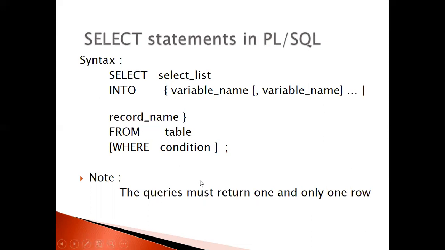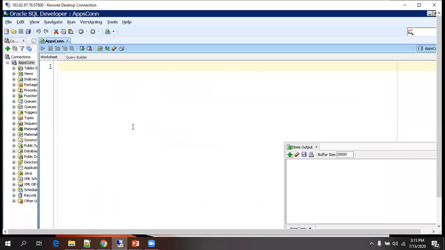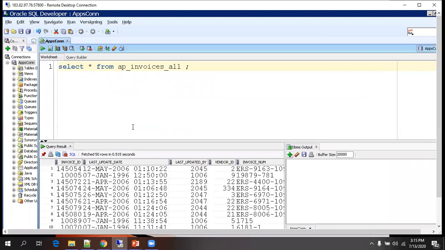Generally, whenever you're writing any SQL query, you will never mention an into clause. But when you want to write a SQL query inside a PL SQL program, then you have to mention the into clause. The basic reason is this. Assume we have written a query like select star from AP invoices all. When you write this query, the result is displayed in the query result area.